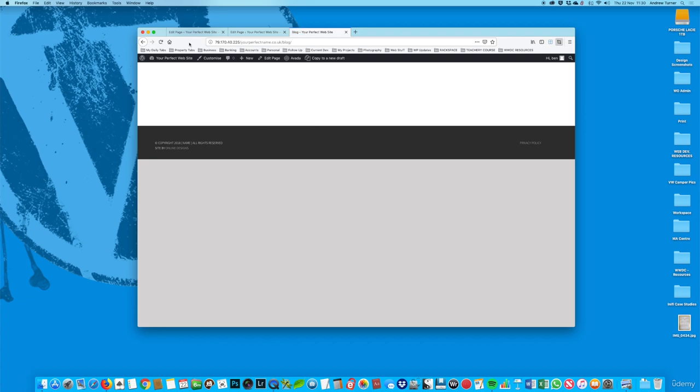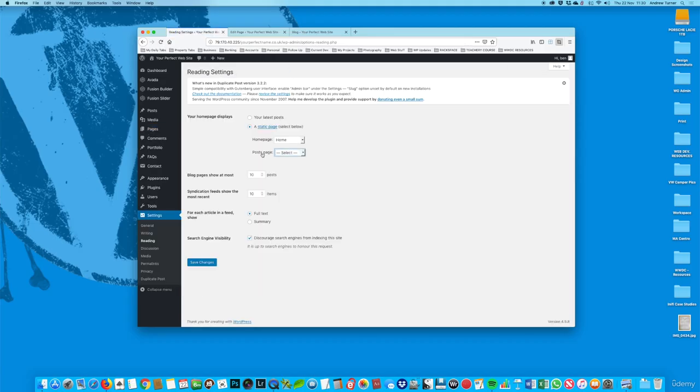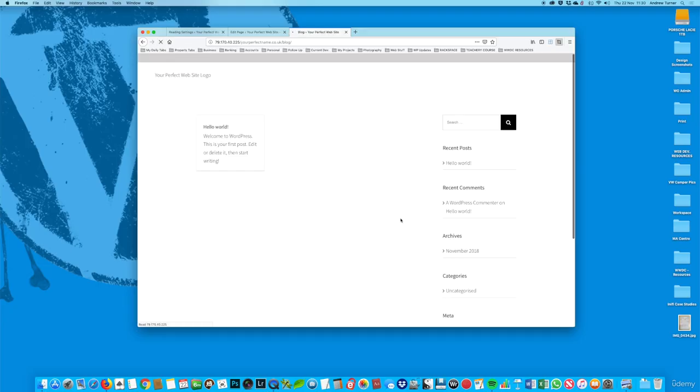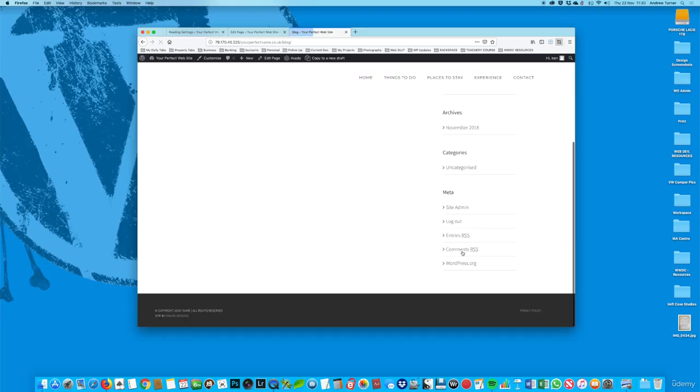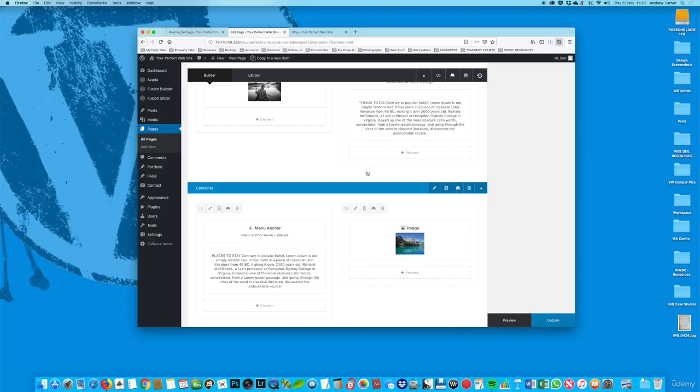There's nothing there. Okay, so now if I go back to the WordPress dashboard and I go to settings and reading, and I set my post page to blog and save those changes, that will then automatically become my blog page. Now you see that it's automatically put in a sidebar and it's showing one of the blog posts. Now that's one way of doing it. The other way of doing it is you can